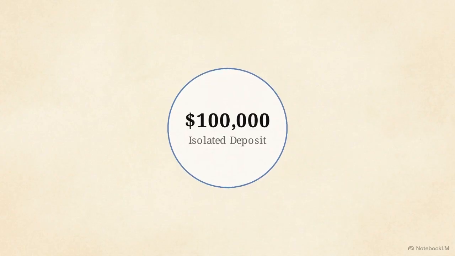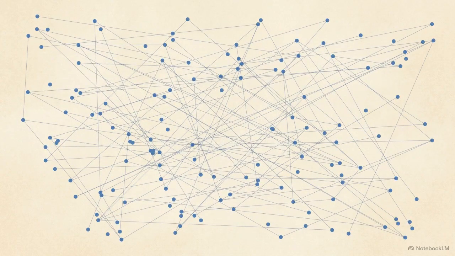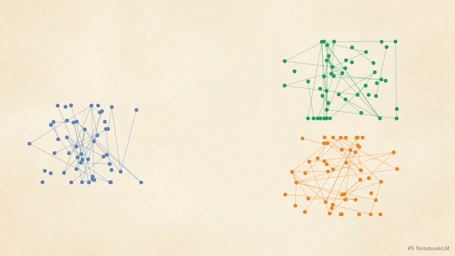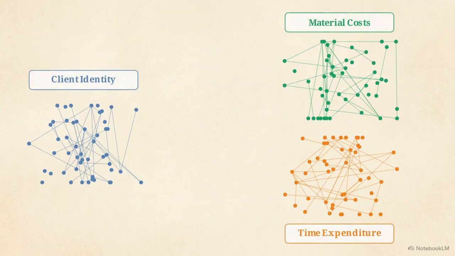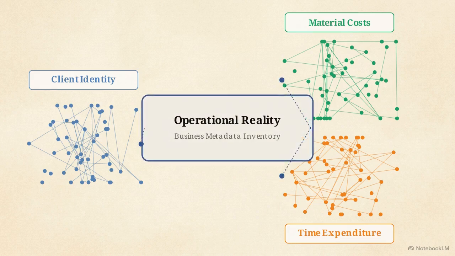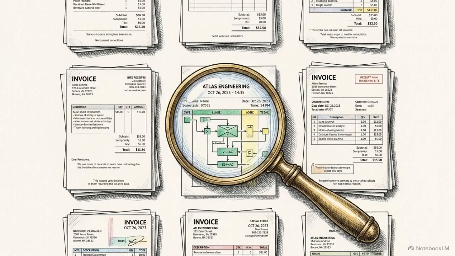This single, isolated deposit rapidly breaks down into a dense, interconnected web of hundreds of smaller data points. As the chaotic web reorganizes itself into distinct color-coded clusters, we start seeing categories like client identity, material costs, and time expenditure. This is your business metadata, a complete inventory of your operational reality that goes beyond basic IRS compliance. This data inventory provides the only mechanism to answer exactly how a transaction came to be and who was involved